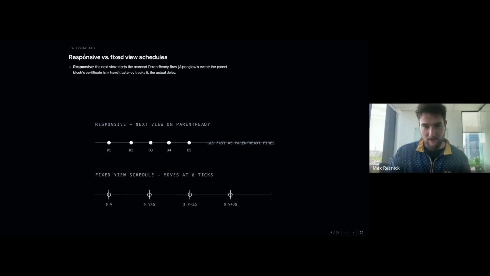So there's this idea of responsiveness. Alpenglow is a responsive protocol, and the marketing for this is that it proceeds as fast as the network allows. So as soon as a prior block is locked in, the next leader can build on top of that block,